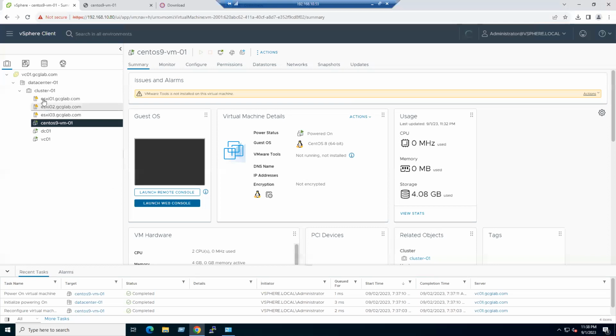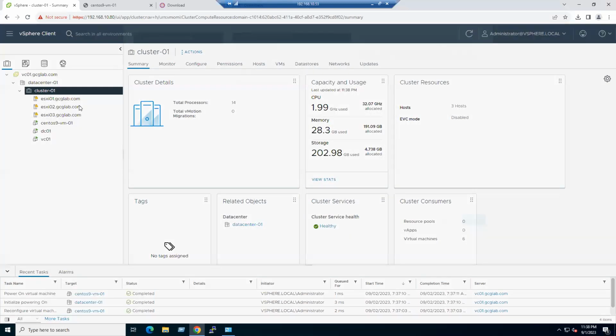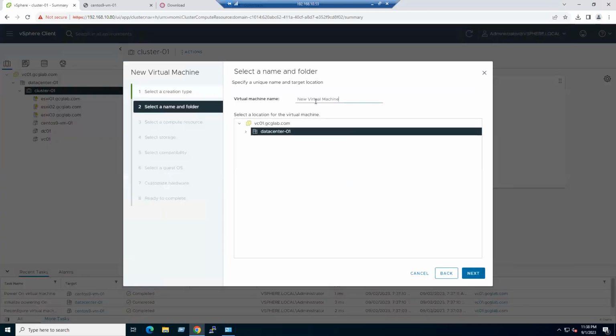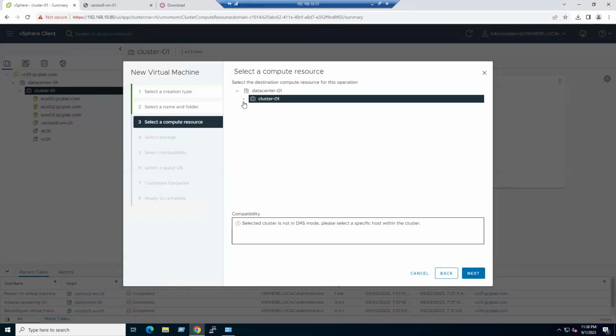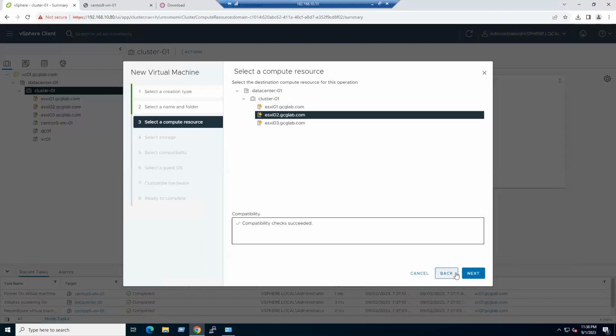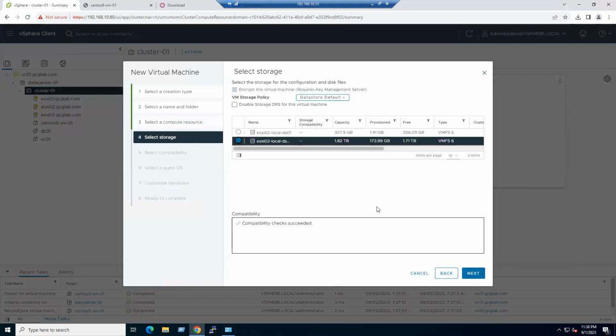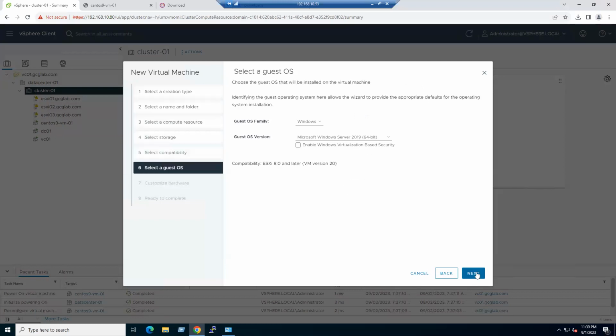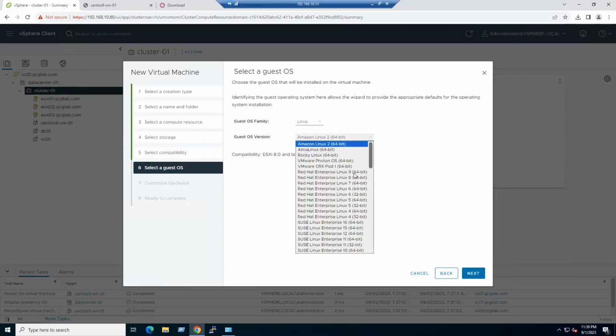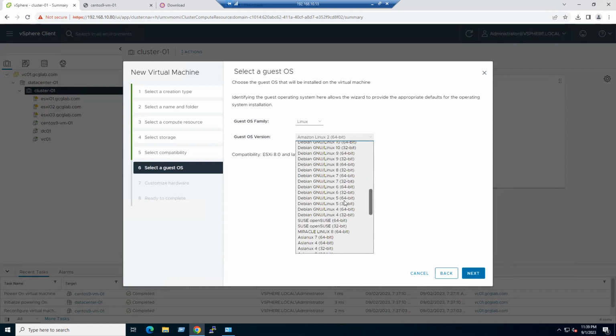Okay, so for that reason, let's create one more VM with CentOS just to validate the guest agents. Let's say CentOS 9. I'm using the same standard name, CentOS 9 hyphen VM hyphen 02. This is the second VM. And you can choose any of the ESX hosts, let's say ESX2, next, and datastore is the same datastore, next, and ESX8. Choose the operating system as Linux, and you can choose the relevant OS platform, which is the CentOS platform,